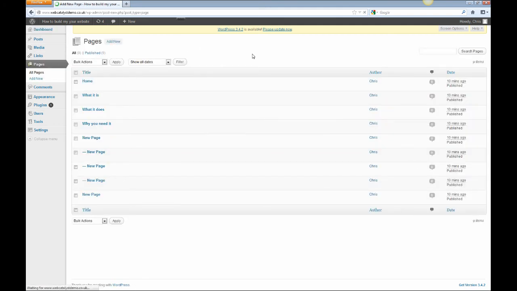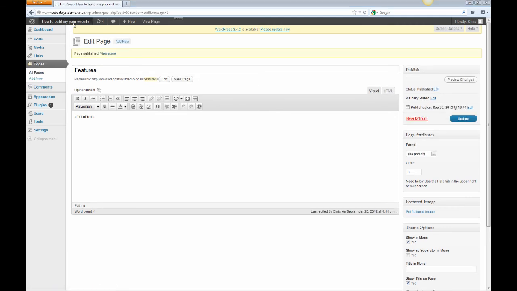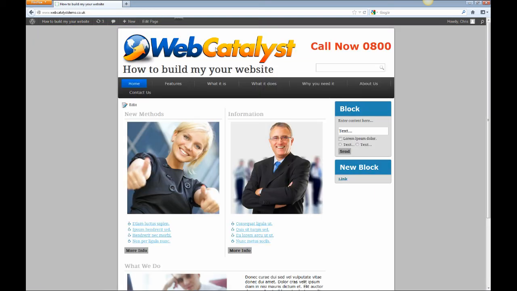Now there's not enough room on the menu, like I say, to contain this page, so it's going to cause some problems. So if I just called this features and put a bit of text in there and then published it, if I view the site having published that page, it's going to mess the menu up, right? So I've got 2 options here. I can either go back to Artist here and shrink down the menu size,